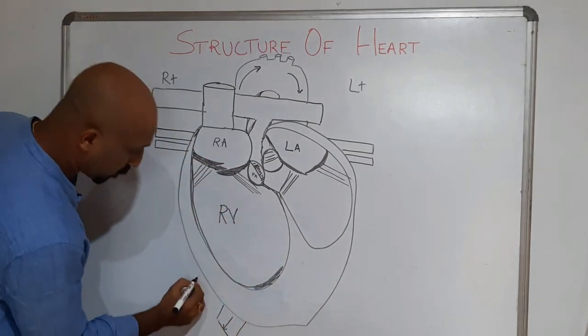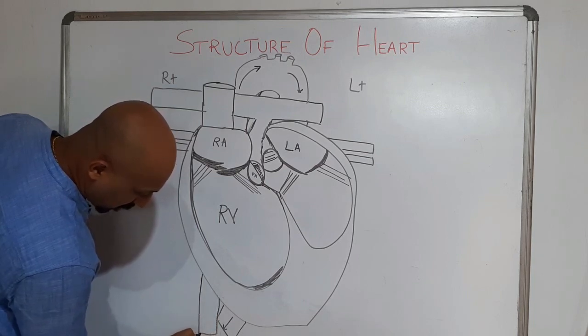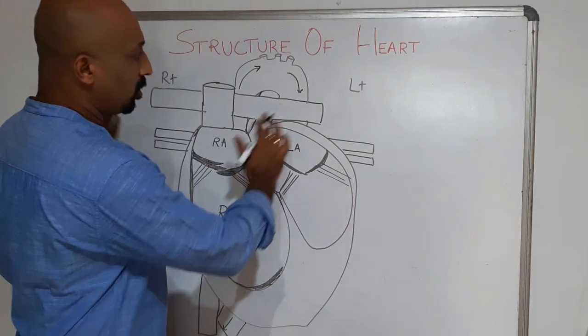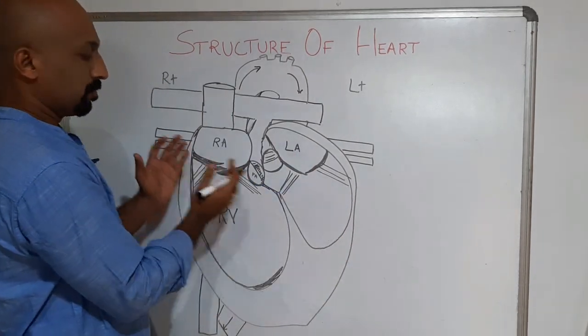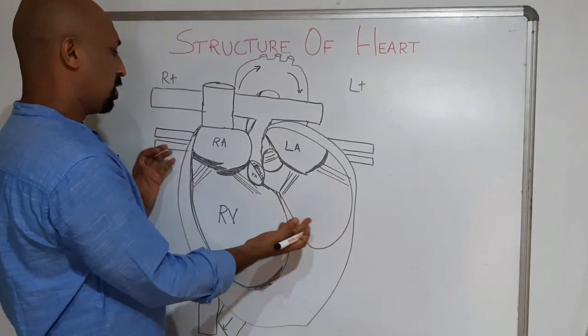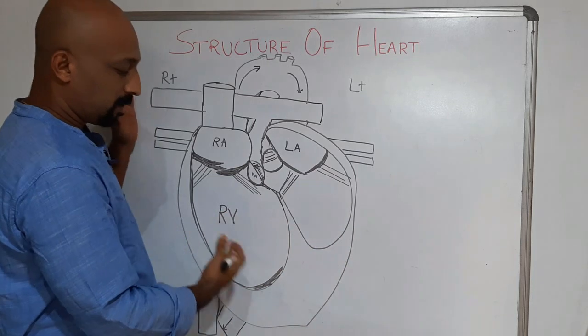So one more structure I forgot. I can draw a structure like this, like this. Okay. So here is the full structural component of the heart. This finishes the structure. It hardly takes more than 2 to 3 minutes. So within the structure we can draw it and we can write it.